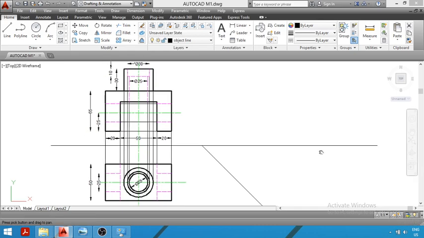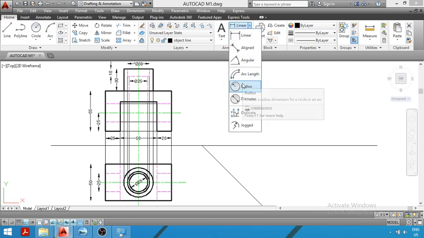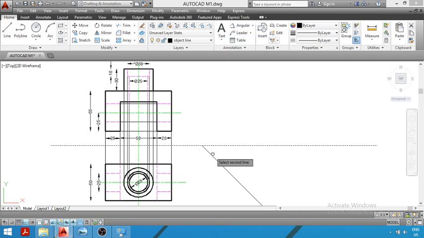So this is our front view, this is our top view. Now you have to draw an inclined line from any point on the xy line. In the side view, from any point on the xy line, draw an inclined line at 45 degree. Now I will give the dimension so that you can see the angle. The angle between this line and this line is equal to 45 degree. So the angular distance between this horizontal xy line and this inclined line is 45 degree. So in order to draw the side view, first you have to draw a line inclined at 45 degree from any point on the xy line.